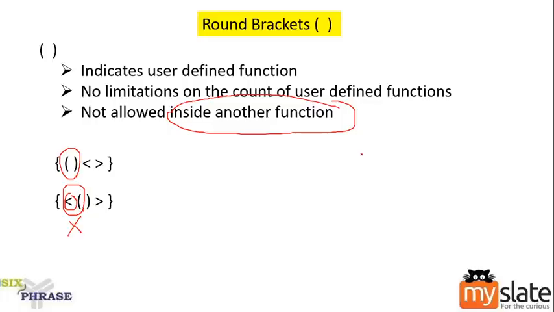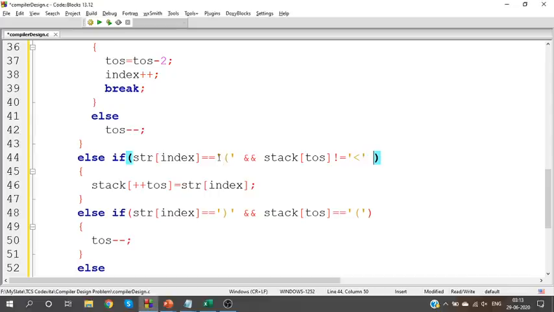Next, what should we ensure? Similar to this, I may also have it like this. So I have the main, within the main I have a loop, within that loop I have a function. Is this allowed? No. So even after a curly bracket, it should not be present. I'm speaking about a looping bracket, not the starting bracket. We have already differentiated the two, right? So here this round bracket should not be present after a curly bracket. So ensure that also.